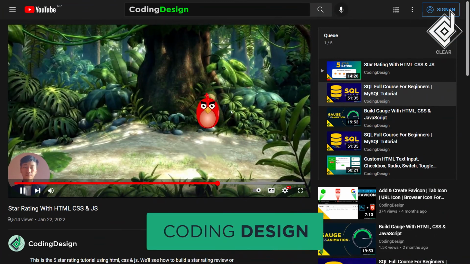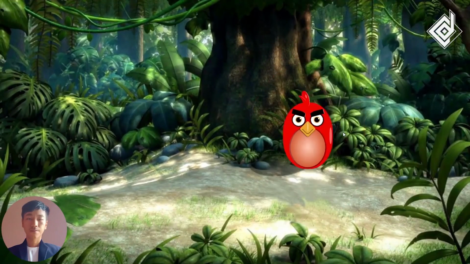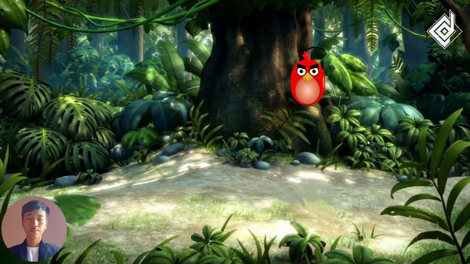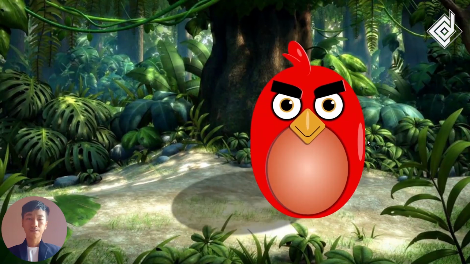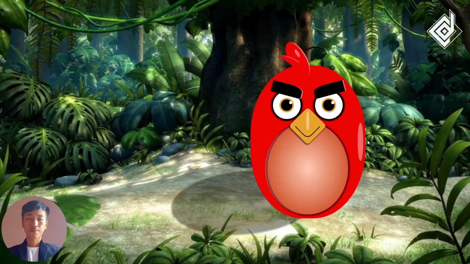Okay, as you can see there, this movement in the crown of Angry Bird, and also the shadow of that body, it follows the bird, so we give a kind of a 3D effect. It's a simple animation, but if you want, you can give the complex animation.